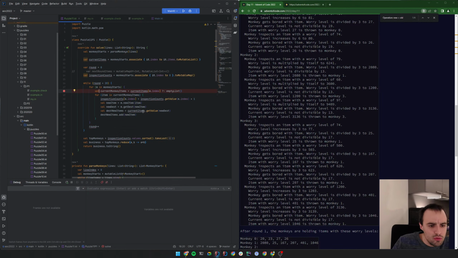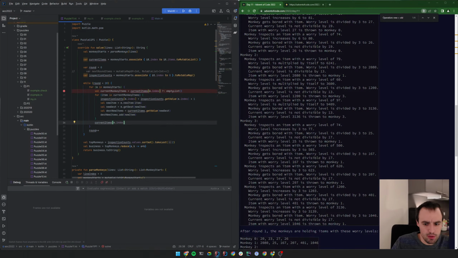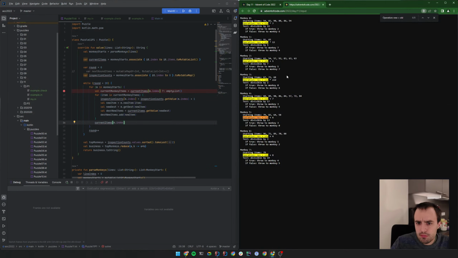But what we need to do is we will anyhow process all our items. And we know that we have processed them, and maybe there is a loop in there where we self-assign them. So if we actually get them out of here, we can